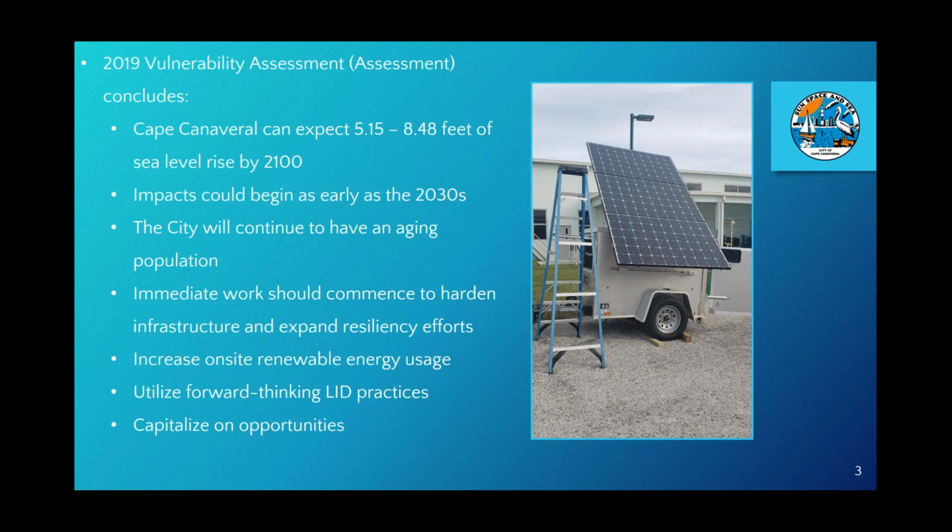The city should utilize forward-thinking, low-impact development practices and green infrastructure to improve stormwater capacity. The city should capitalize on the opportunities afforded by sustainable development and resilience planning, meaning that while some of the challenges we'll be discussing soon may seem difficult and daunting, they should be viewed as opportunities, a chance to really transform the city into a hyper-local sustainable municipality that is safer, more secure, healthier, and ready to handle whatever may come its way.